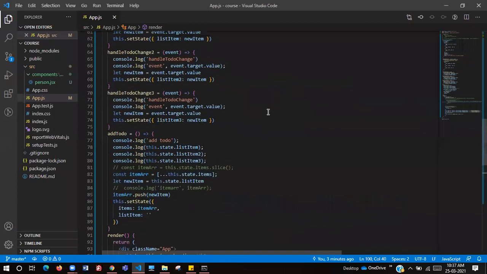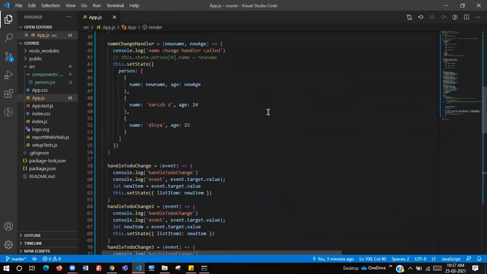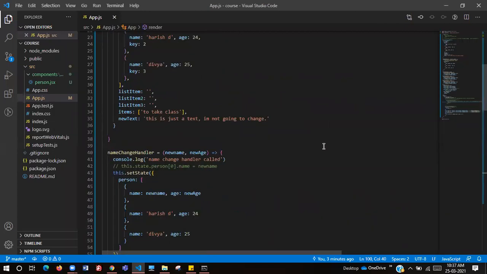Just take an array in the state variable, an empty string or empty variable for the input value.